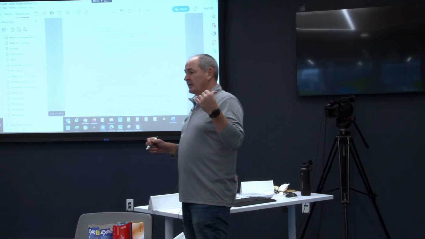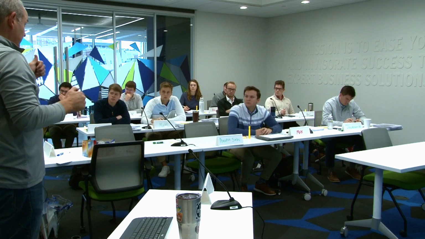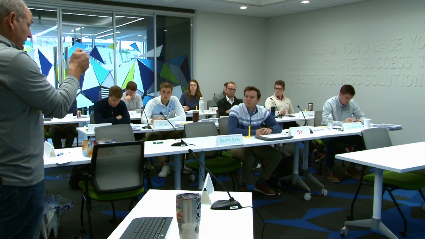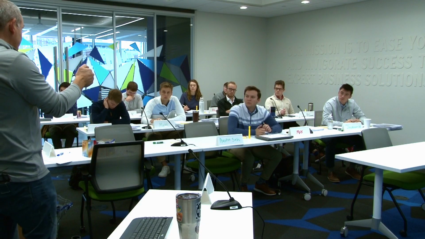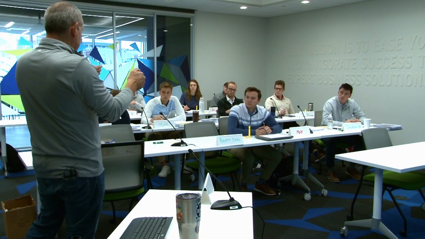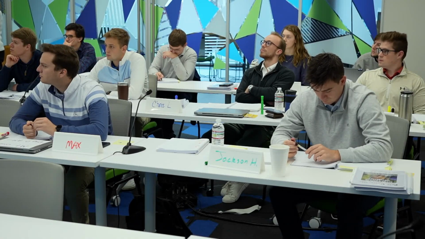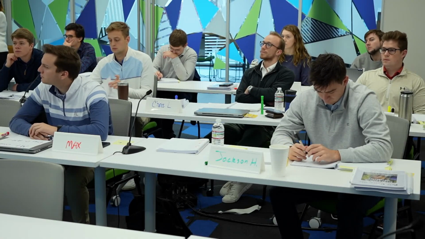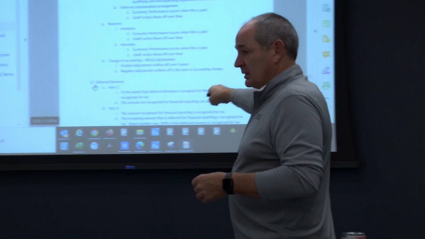Okay, we do a 481A adjustment. This says you have to quantify what amount we would have been taxed on if we were on the accrual method and compare it to what we have been taxed on the cash method. How much have we been taxed on so far, Connor? On cash basis? 0. How much would we have been taxed on accrual? 100. So this says you have to take that variance between those two amounts, divide it over 4, and report it over 4 years.